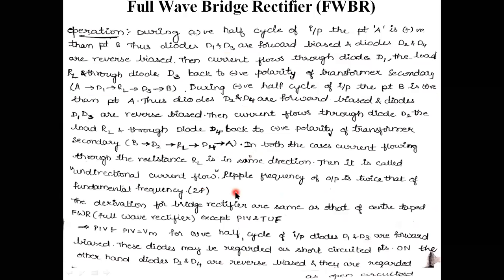And that basic difference we are going to see. We are going to consider only one diode. Across each and every diode, if it is forward bias condition, 2 diodes are conducting. If it is reverse bias, 2 diodes are in the non-conducting state. Therefore, the maximum voltage across each and every diode, I am considering it as Vm here. That Vm is the peak inverse voltage.